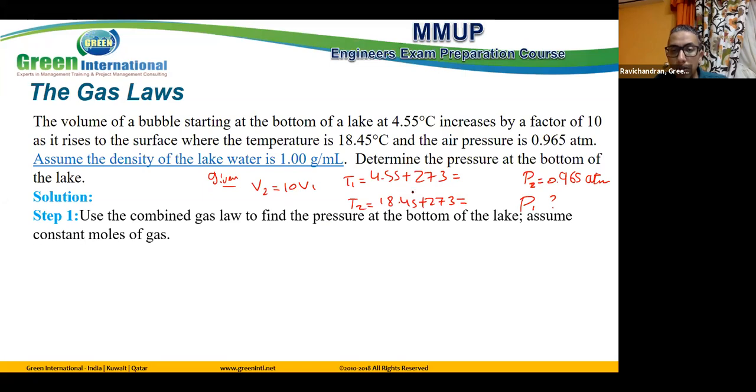Volume change, temperature change, pressure change. When the three parameters change, the only way is to use the same equation as a ratio between two ideal gas states. We consider the number of moles is not changed, and R is constant, so we can write PV over T is constant. So PV over T at 1 equals PV over T